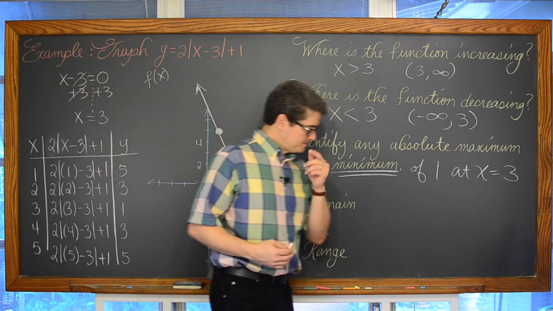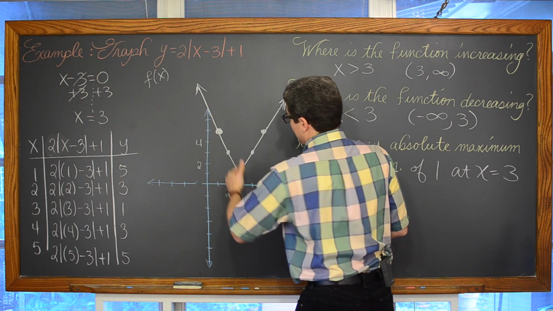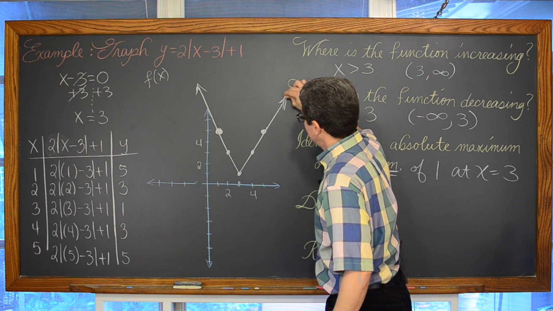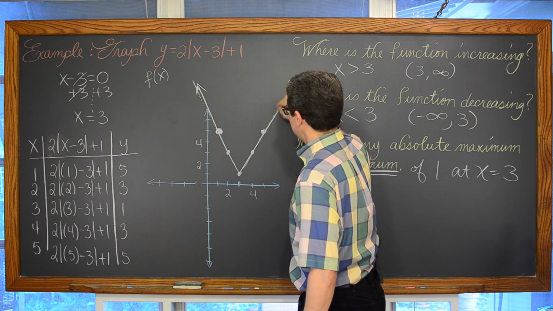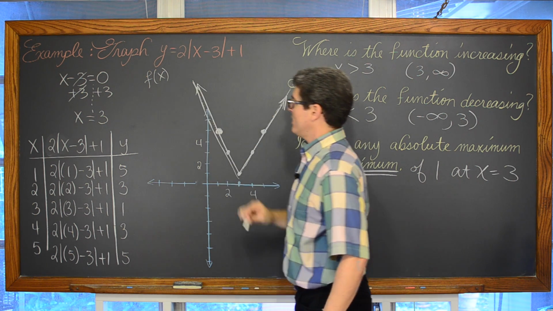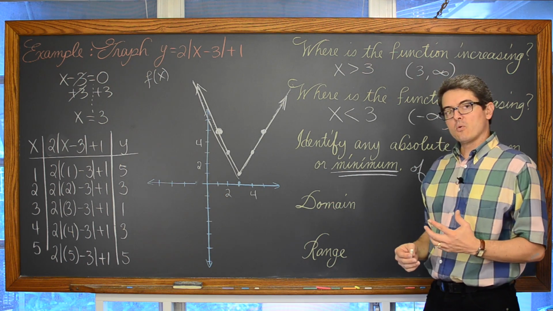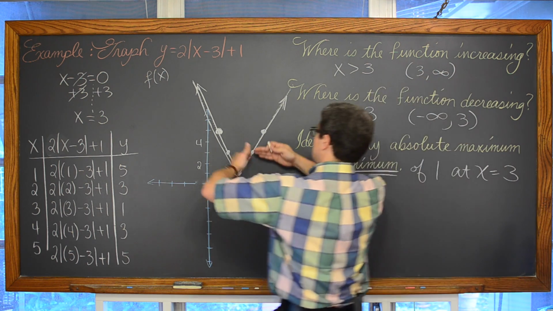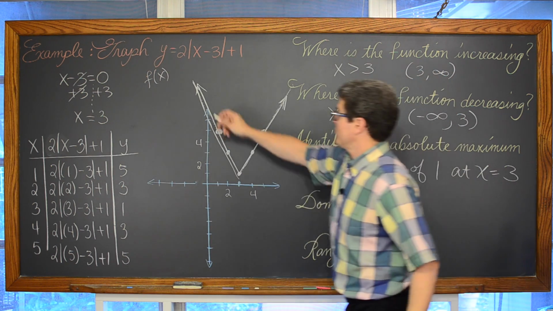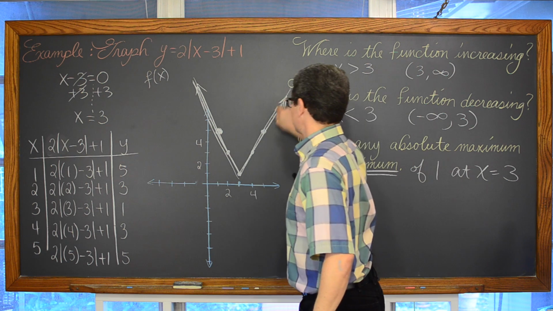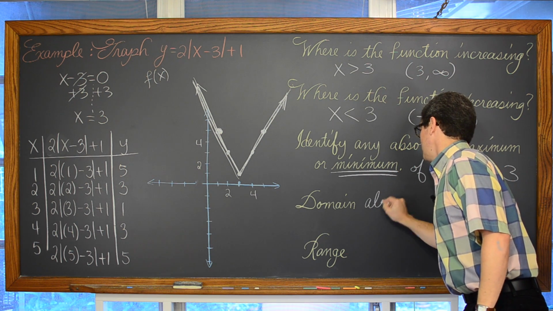The domain. What is the domain of the graph? Now that we have the graph drawn, what values of x are included in this graph? Well, this graph is made up of an infinite number of points, and each one of those points has its own unique x-coordinate. So the domain, as you see it expand forever, and there's no breaks in the graph, I could draw the whole thing without ever picking up my piece of chalk or your pencil. The domain is all real numbers.